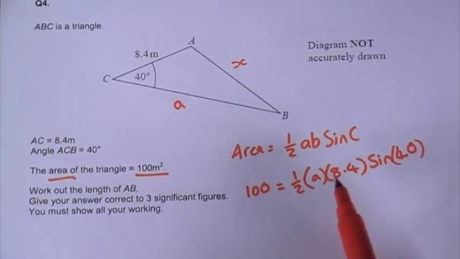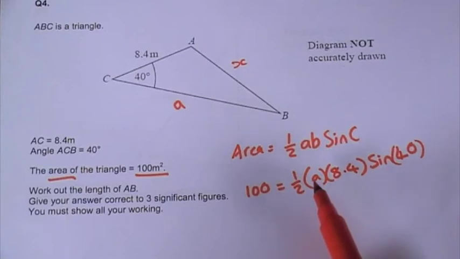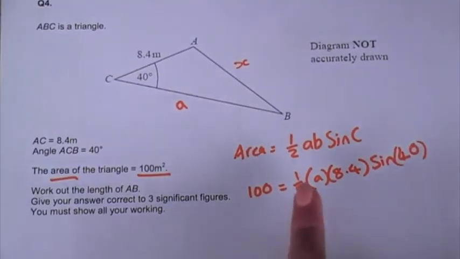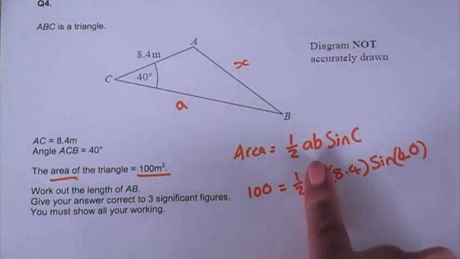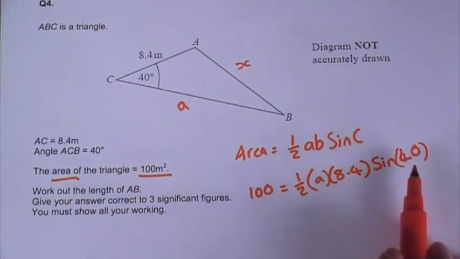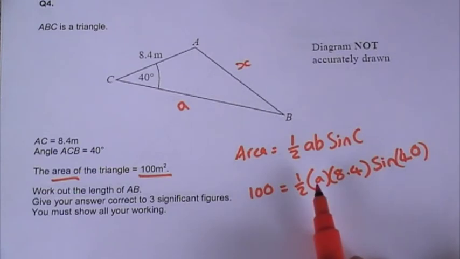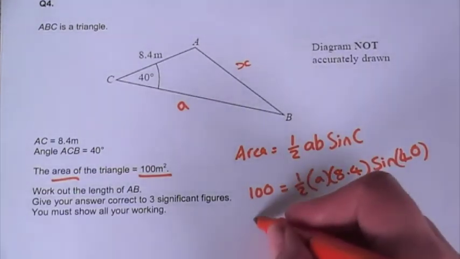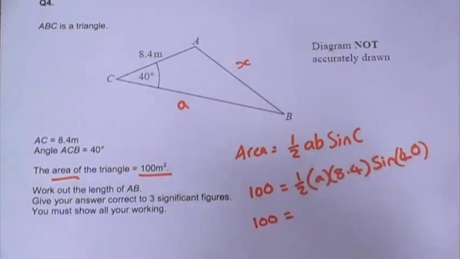All right, what doesn't help me is the fact I've got this A here. And in fact, I don't want the A. I want a value for that A. So what I'm going to do is just pretend that I don't have that A for now. Because all this means is half times A times 8.4 times sine 40. So if I don't times the A in, what I'll end up with is 100 equals